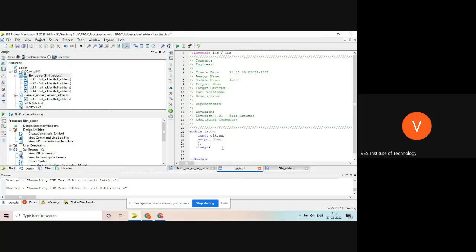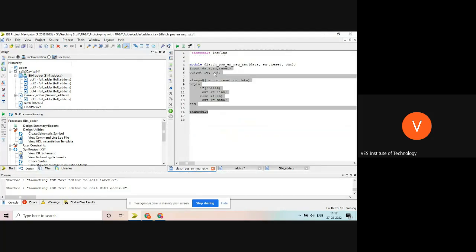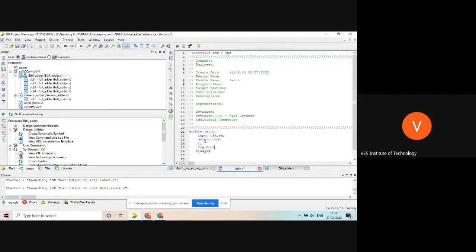What we have to do is, see this, there is one more thing we have to do. We have to write something like this, register D out. That means here the output we have to register. So generally we write something like this, register, or you can write here also register if you want something like that. That is also allowed, but I am specifically writing register D out. Okay, always at clock, then enable. So that means it will trigger at clock and enable.